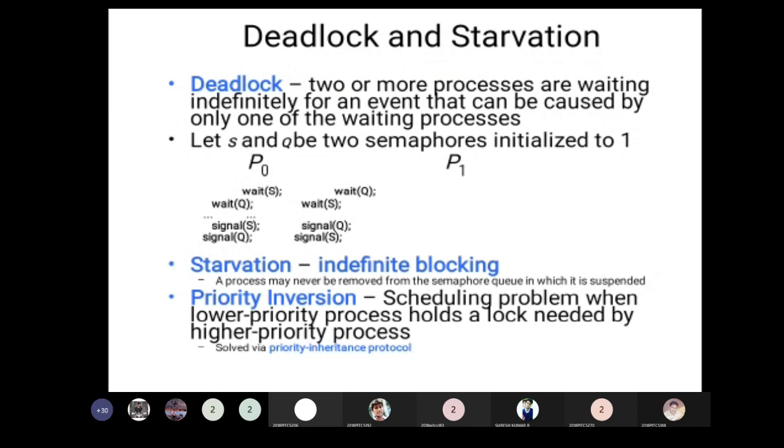Here there is an indefinite blocking called starvation.